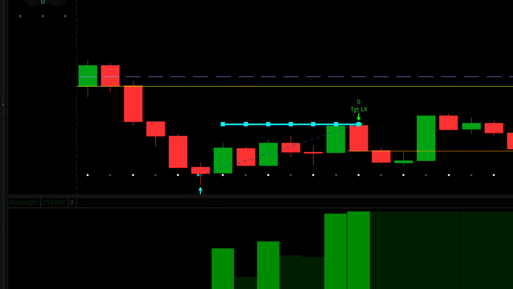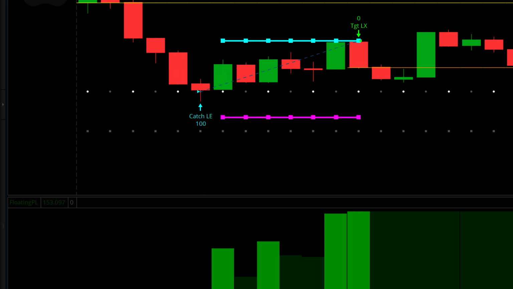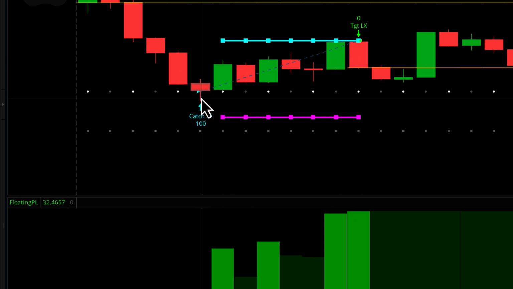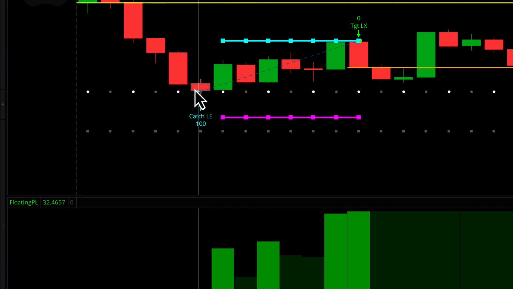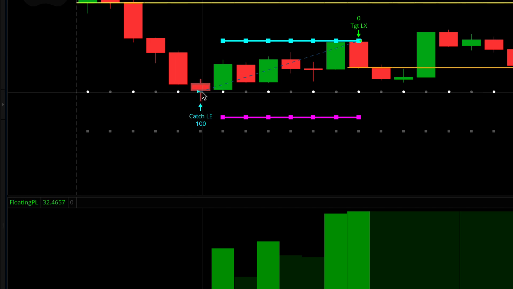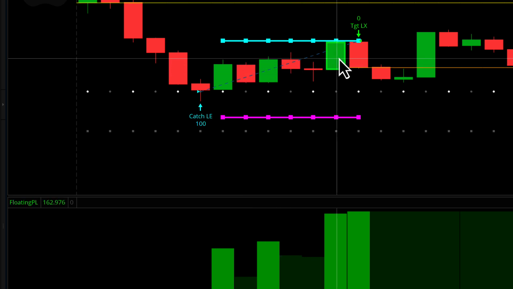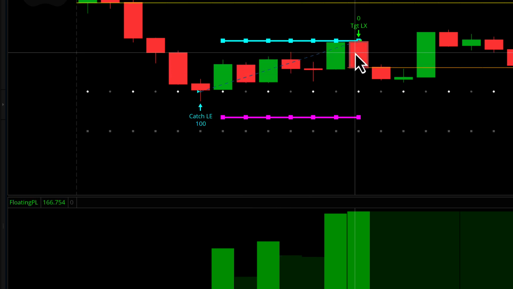What I've done is I've used the benefit of hindsight to adjust the target and stop so that we have a profitable trade to use as an example. I've got the profit target set for 1%, and I've got the stop loss set for 0.5%, and that allows us to view a very brief trade, and it's a catch long entry here at the -100 ATR. And then you can see we've got 1, 2, 3, 4, 5, 6, 7 bars